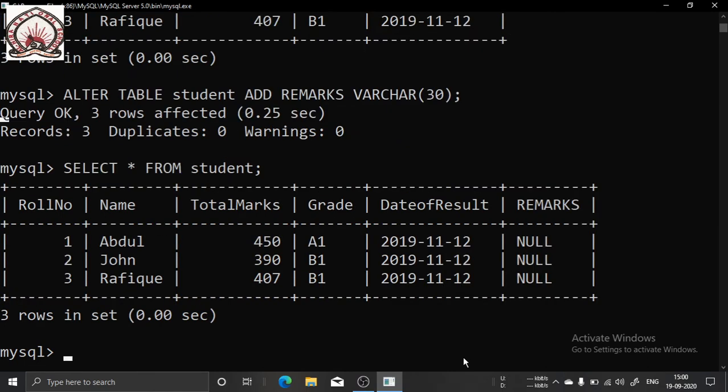I have not given any value, so it is showing null. You can see here the remarks column got inserted in the existing table. Or you can also, if you give the DESC table name, it will show you the structure of the table.